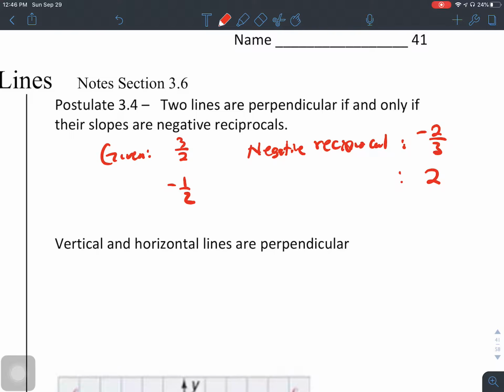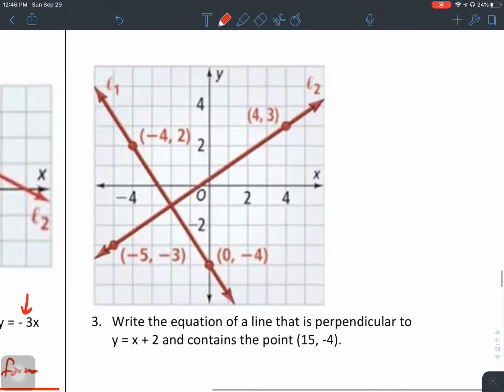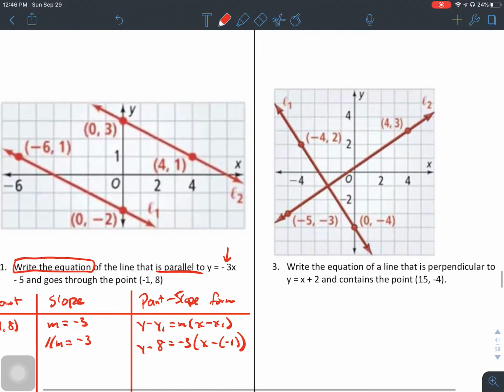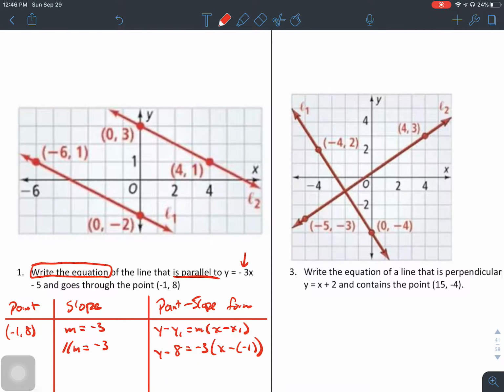Another example, let's say we had 7/4, it's going to be negative 7/4, negative reciprocal. Here's a picture. I don't remember why I put this picture in here. My apologies. But it does show that we have perpendicular lines. Let's look at the original picture we had here as well. These two lines appear to be parallel. The reason that we could tell for sure is if we went down 2 and to